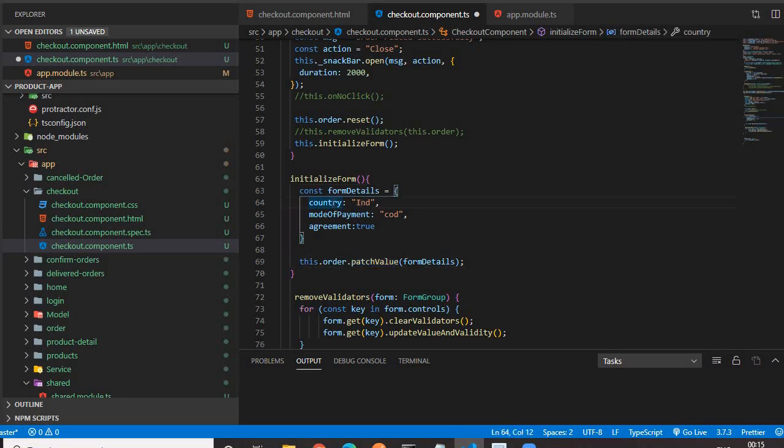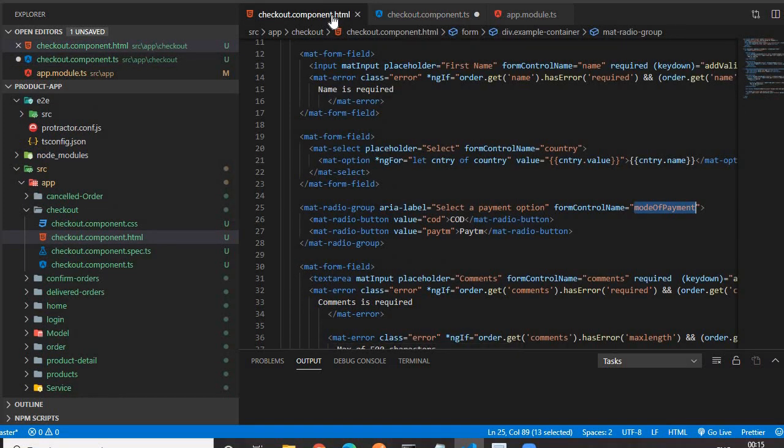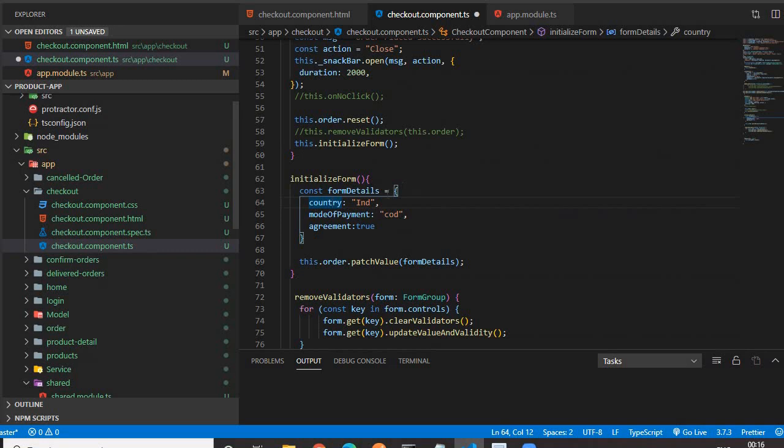First of all, it will go to country. It will then go to the HTML and see which form control has the form control name country. It will find it here. So this select drop down will be by default initialized to the IND value, meaning India. The same happens for mode of payment and for the agreement. So patchValue is used for initializing our form with some value.